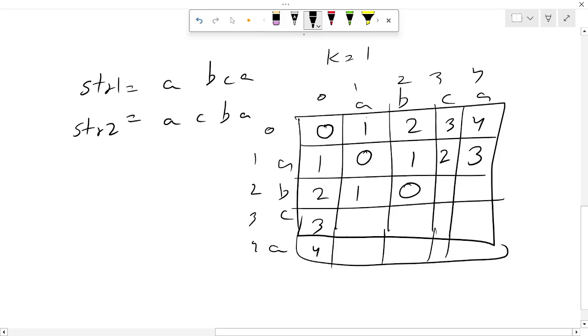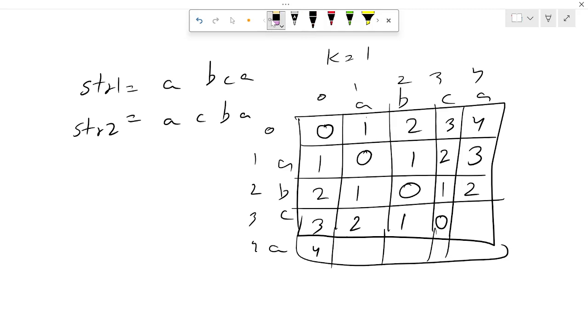Now you got the idea. So this character and this character are not equal, then 1, then 2, then a and c are not equal, then we have to add 2, then a and b and c are not equal, 1, c and c are equal, 0.